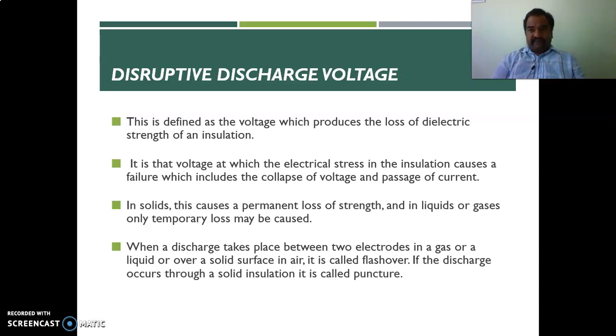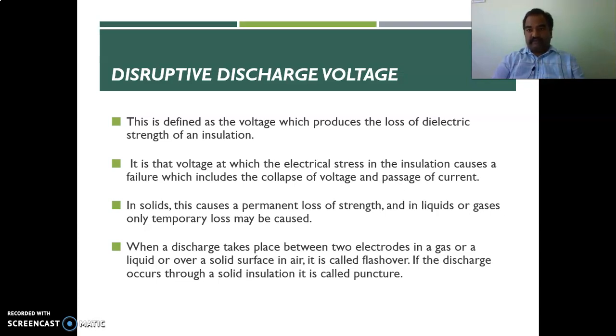So while withstanding these voltages or their rated voltages, when there is an excessive increase in the applied voltage than the rated value, then these devices may experience flashover and there may be a damage to their insulating properties. So we will now come across the different definitions of the voltages which are generally used in the testing of